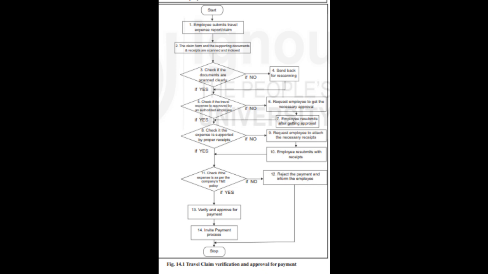Most companies have a travel expense policy and an approval matrix which specifies the eligibility of employees to incur specific expenses and the approving employees for these expenses. For the team working on the TE process, it is crucial to be aware of the travel expense policy of the company. In some cases, the expenses reimbursed to the employee are chargeable to the customers.